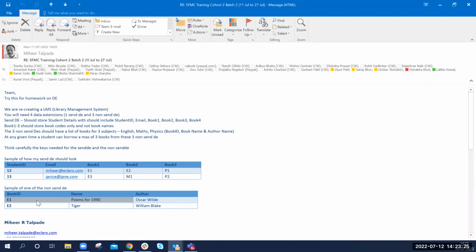This is just a sample. I just wanted you guys to practice data extensions. What I'm talking about can all be done using AMP scripting. When I teach you AMP scripting, if you want, we can revisit this. It will be a huge project, but basically you'll have to have some